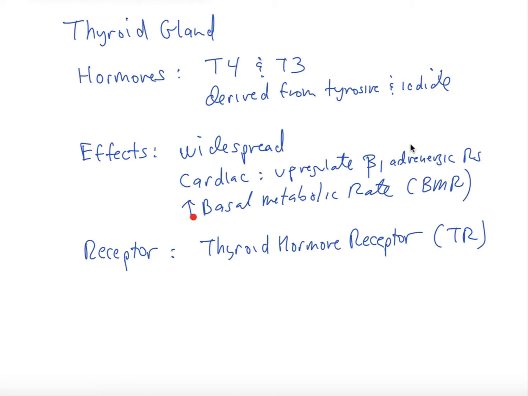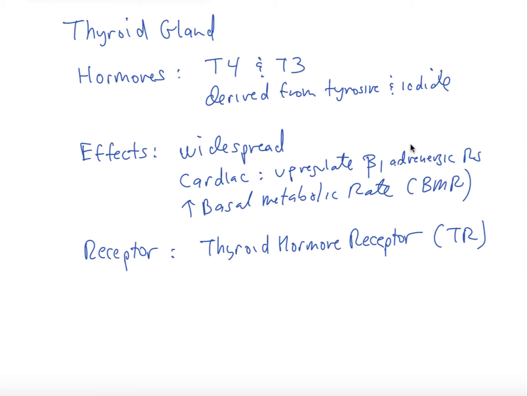Also, there's an effect on cells to increase basal metabolic rate or BMR. And so this is why if you have excess thyroid hormones, you can end up with an increased metabolic rate and weight loss and an excited heart, increased heart rate, or you can have hypothyroidism, low thyroid hormones, and you can have decreased basal metabolic rate, weight gain, and a slow heart rate. Those are a couple of examples of excess and low thyroid hormones and the kinds of clinical findings you would